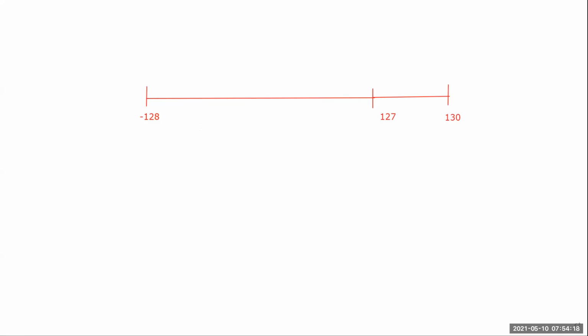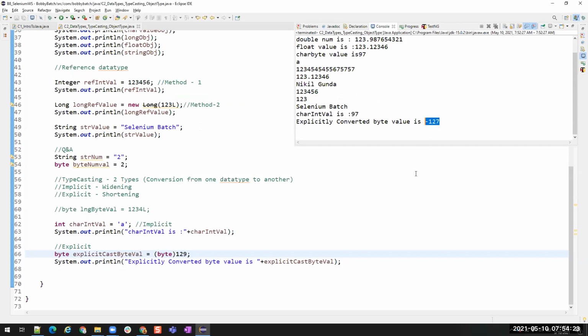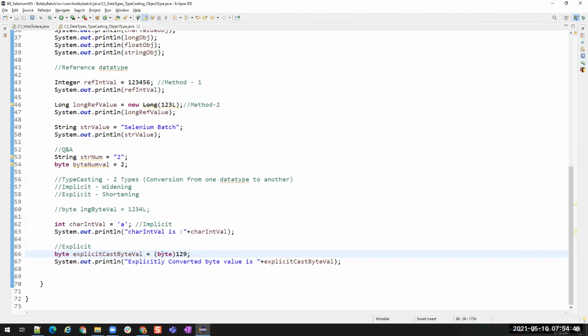So will it be okay for you if we convert like that, or if we lose this data? Actual value is 129, but it is showing as minus 127. It is not okay for anybody, right? If we store some $10,000, but it is showing us minus $150, that doesn't make sense for us, right? So though we have explicit typecasting available, it is not encouraged. We will use it only in some situations where we are confident that there is no data loss. Here we are losing the data,